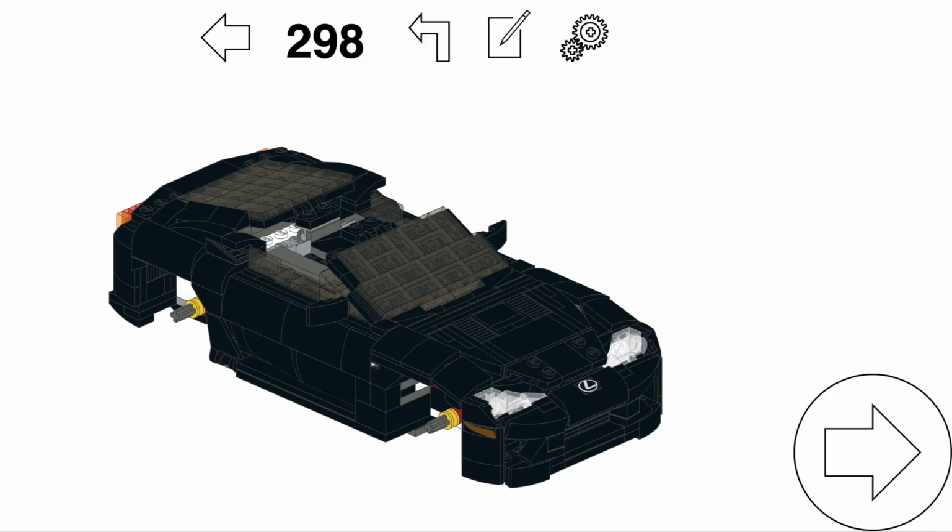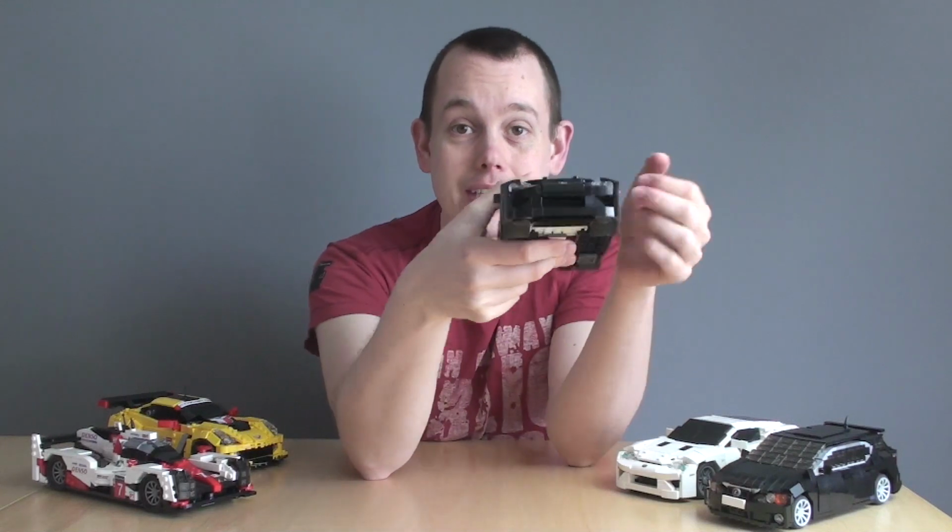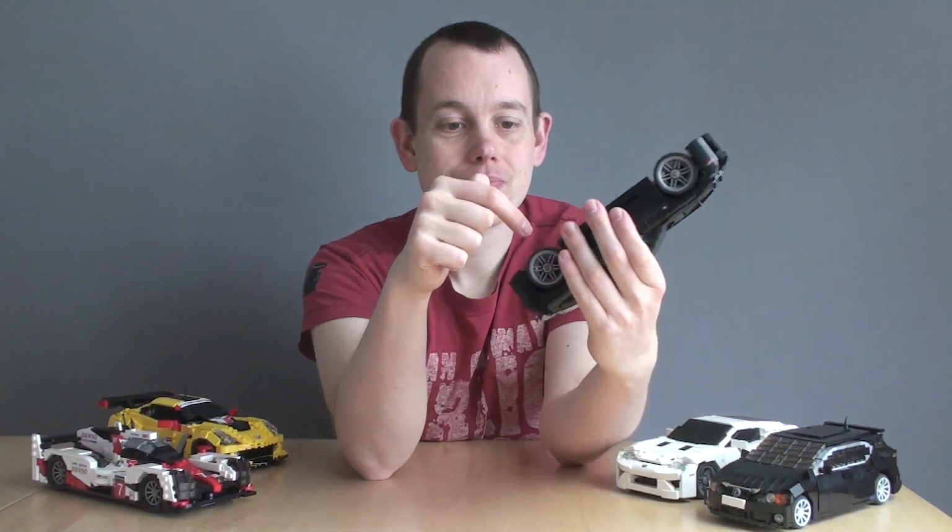Some days later I sent him the building instructions so that they could repair any issues they would have with the real model. He did get back to me saying that others were interested in it within Toyota, but what would it then cost to get additional copies made? So I took a quick dump of the part from the building instruction. You could see that the price was just around 300 euros, mainly because I've been using stupidly expensive pieces like